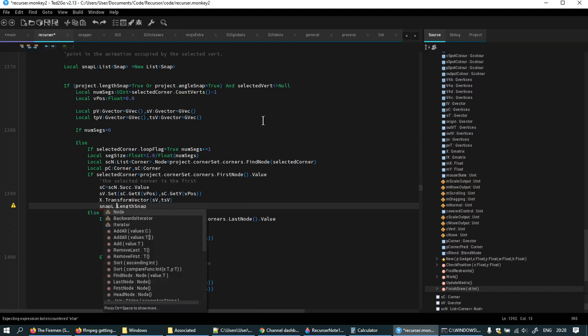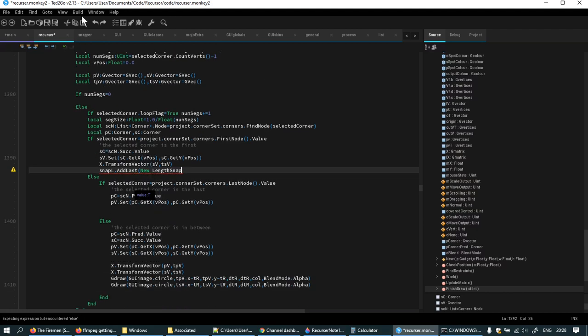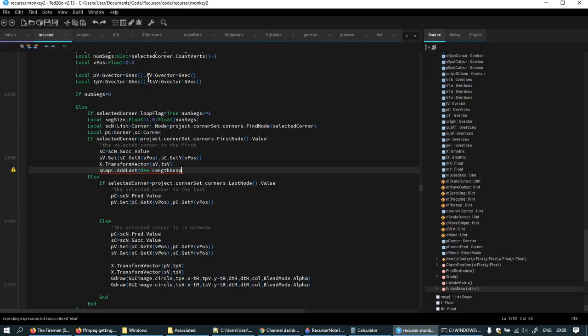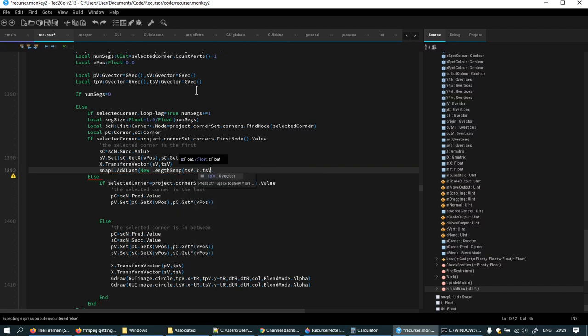Snap list add last, new length snap. Why is this not caught up? Well, it hasn't. And that length snap is at tsv x and transformed subsequent vector y